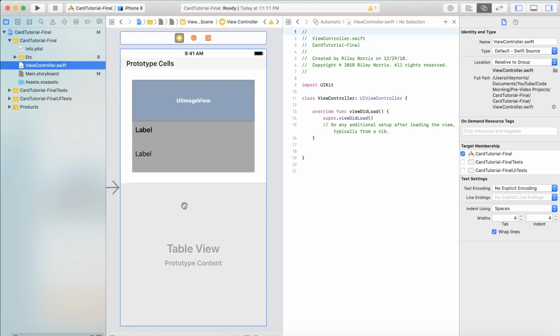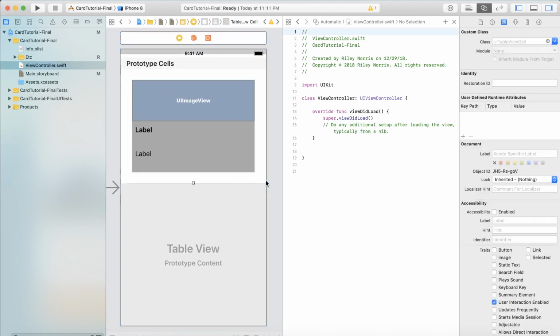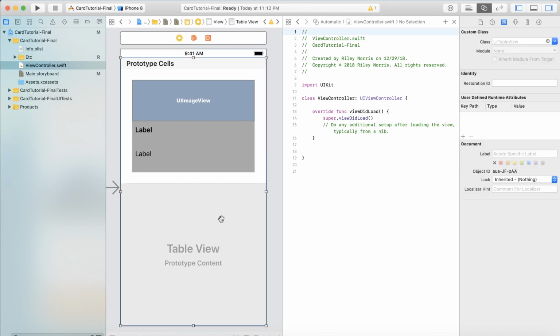Alright, now we're looking pretty good. So the first thing, we want to set something called the delegate and the data source for this table view. So I'm going to hold the control button on the keyboard, and I'm going to drag from this table view up to this little yellow and white marker at the top here. And I'm going to click data source, and I'm going to control drag one more time